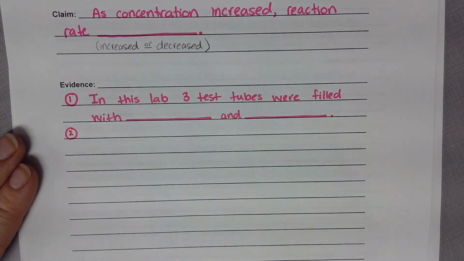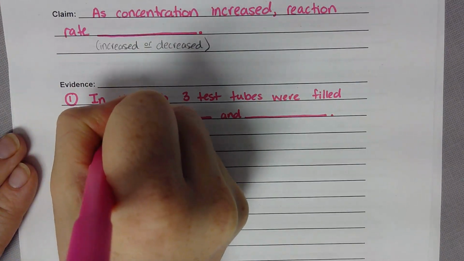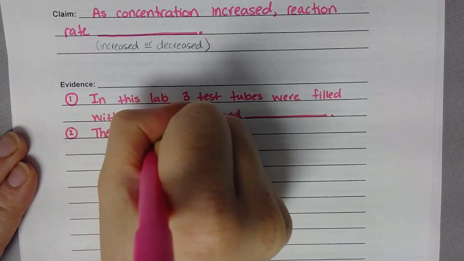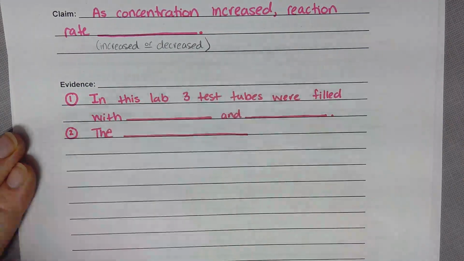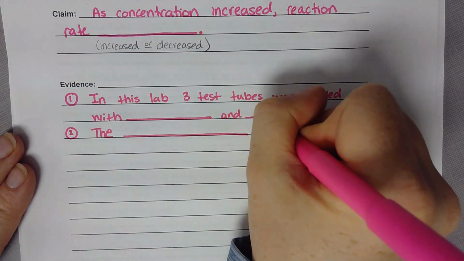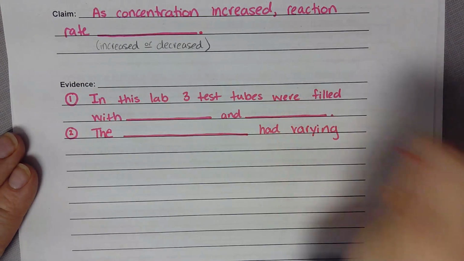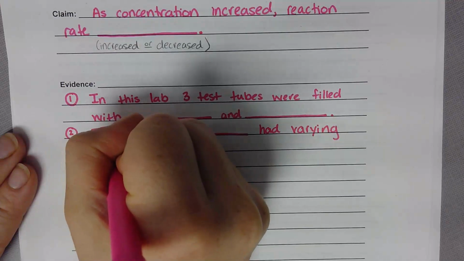And then I want you to describe the material that changed. The blank, and that's a big blank, had varying, which means changing, concentrations